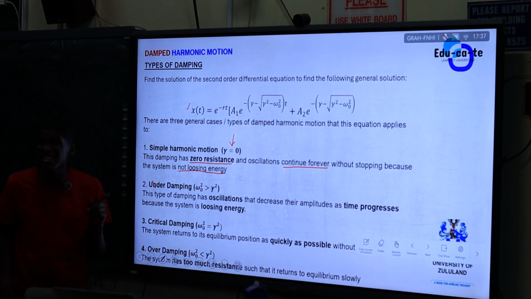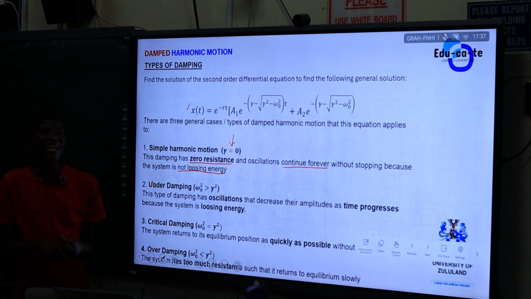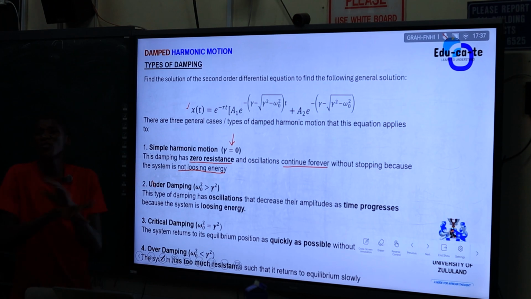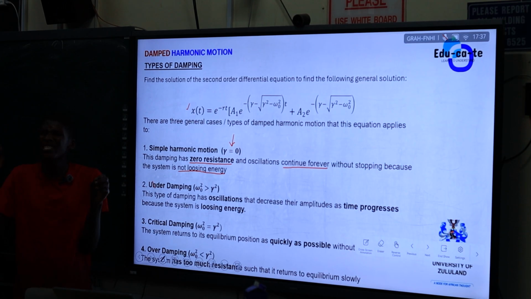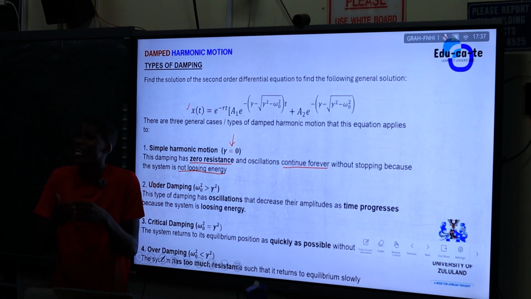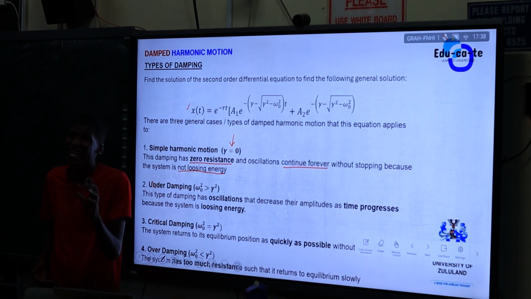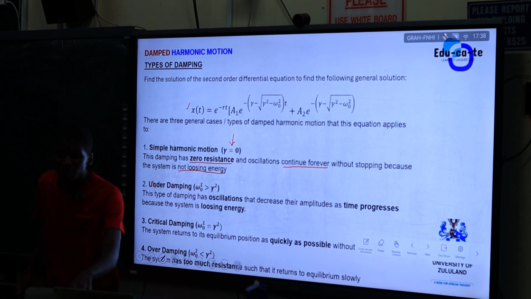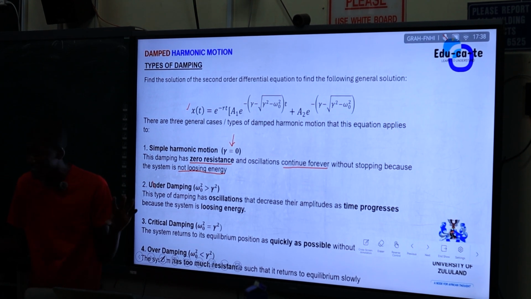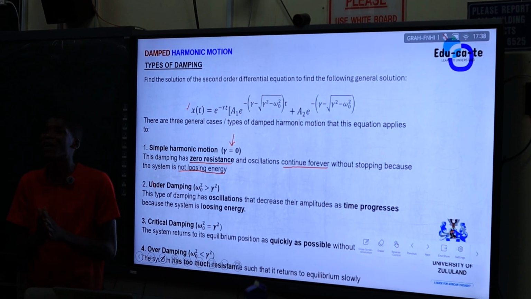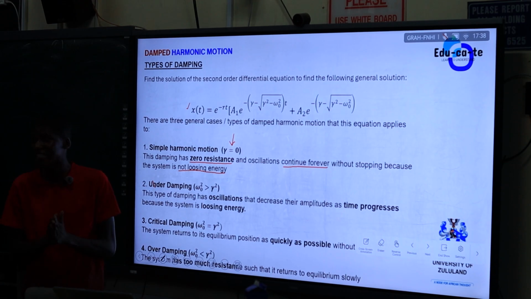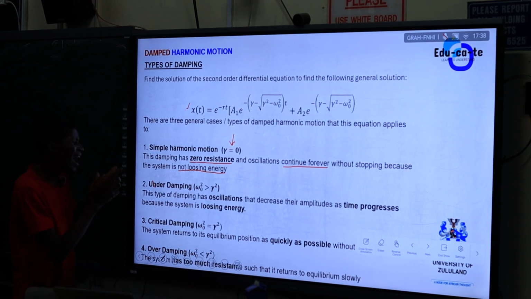The next type of damping that we have is under damping. These are the types of damping that we have, right? In simple harmonic motion, we say that it has 0 damping. It's not damped. Remember, simple harmonic motion is not really damped harmonic motion. I included this case just for you to have an idea: for us to say it's a simple harmonic motion, it is because there is no damping, there is 0 resistance. But the actual damping we have if we've got a resistance, gamma.